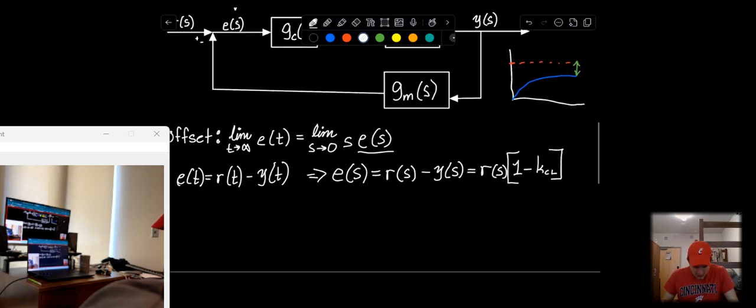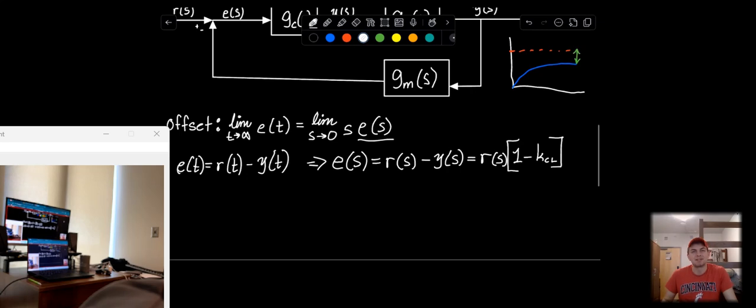Let's try this. I'm not sure that I've written this completely correctly, so let's attempt to try it and see what happens here. So let's go ahead and define PI control parameters here. So PI control,